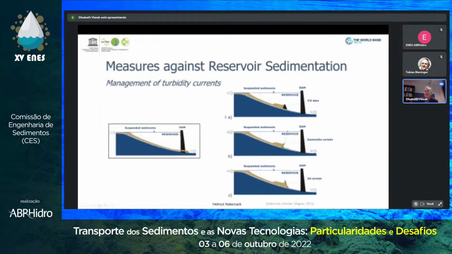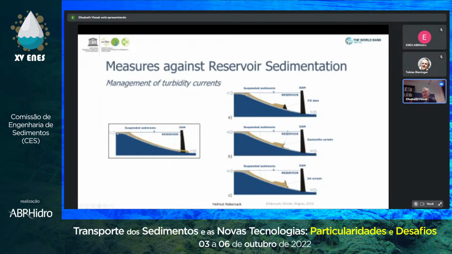Or you could work with turbidity currents like here, where the idea is that you have suspended sediment-laden water, or even small-scale bailout, but more for finer materials. And then you simply open the bottom outlet and let the reservoir be as it is. The water level is not lowered.